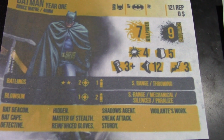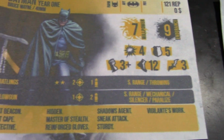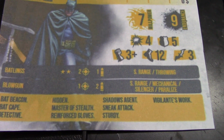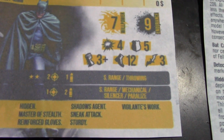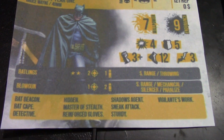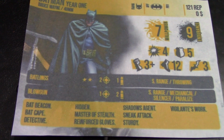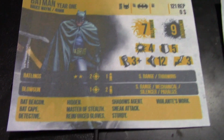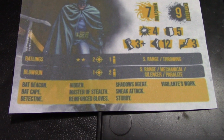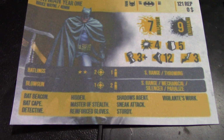Trouble with that is he has to be at short range and able to see the enemy, and if you move you can't use it because it's only got rate of fire 1. Yeah, it's really useful, but he has to expose himself to use it. It's got potential, but I wouldn't pin my hopes on doing it every turn. This Batman is definitely not as tough as the others. He has the Bat Beacon and all the other things here, which I'll go into in just a moment, but